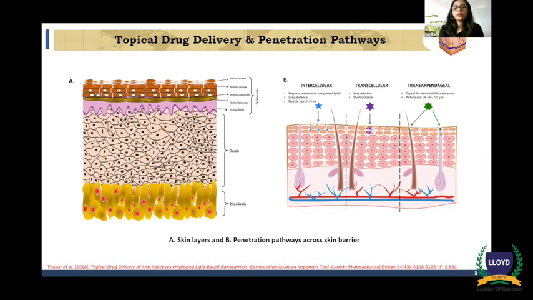And apart from oral and parenteral, we land up in topical drug delivery. Now, topical drug delivery does not apply to skin only. It may include the rectal, nasal, ophthalmic, as well as the vaginal routes of administration, in which the formulation is such as to permeate across a membrane or a barrier. In this presentation, I would be specifically talking about